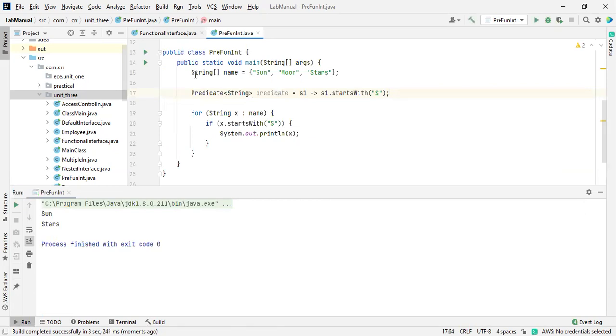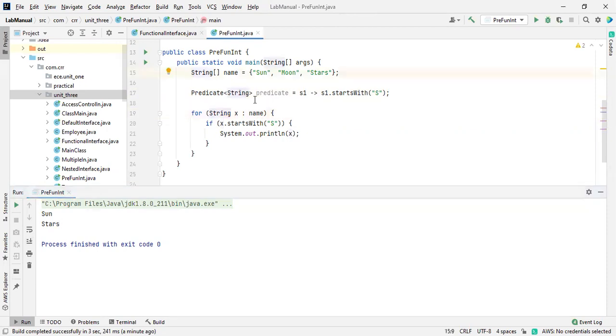See this one. This array consists of sun, moon, and stars, but it starts with a capital letter. Here is the condition we wrote. This is the reference variable in the for each loop, and I just assigned the array of strings to this. Only a single value will be considered over here, which I already explained to you. Here it starts with the capital S. Only sun and stars start with the capital S. That's why they have been printed. So this is about only arrays.